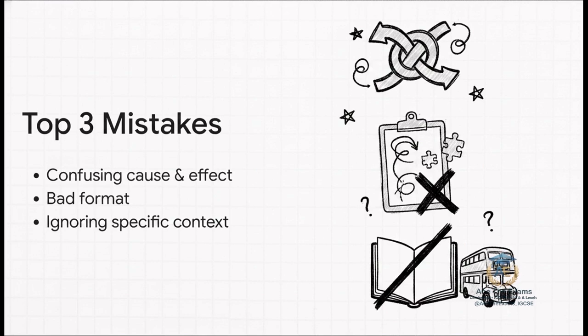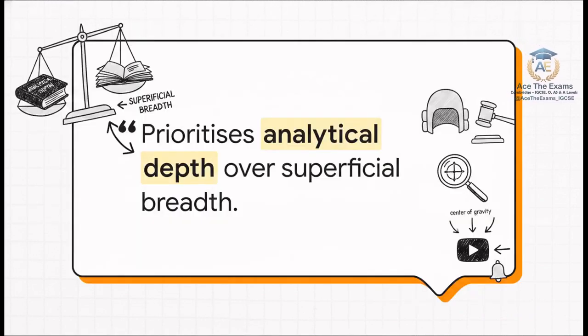Number 3, giving answers that are not specific to the context. This goes back to Alex from the beginning. If the question is about a double-decker bus, do not just give a generic textbook definition of stability and walk away. You must apply the core principles directly to the bus, discuss its wide wheelbase, discuss its heavily weighted chassis, make it relevant. Which brings us to a really powerful conclusion, taken directly from the Principal Examiner report.